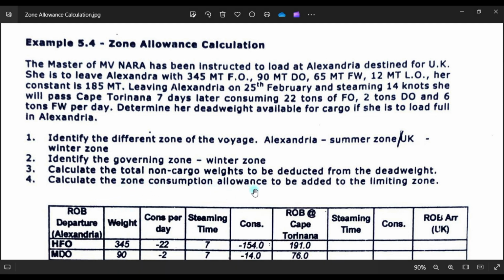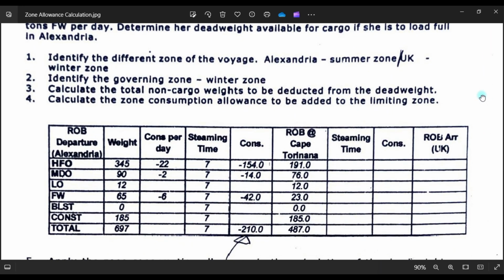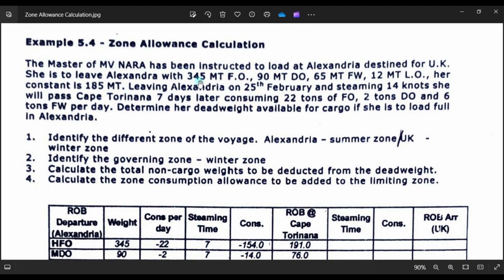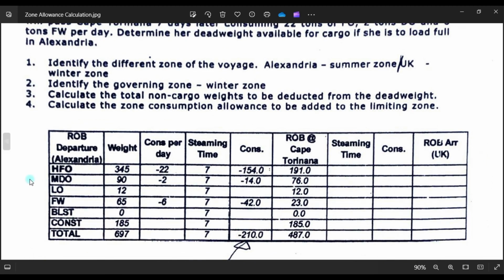Calculate the zone consumption allowance to be added to the limiting zone. This consumption allowance is the zone allowance calculation. From this table, these are the ROBs: 345, 90, 65, 12, and 185. FO ROB is 345 upon departure, DO is 90, LO is 12, freshwater is 65, ballast is 0, constant is 185.